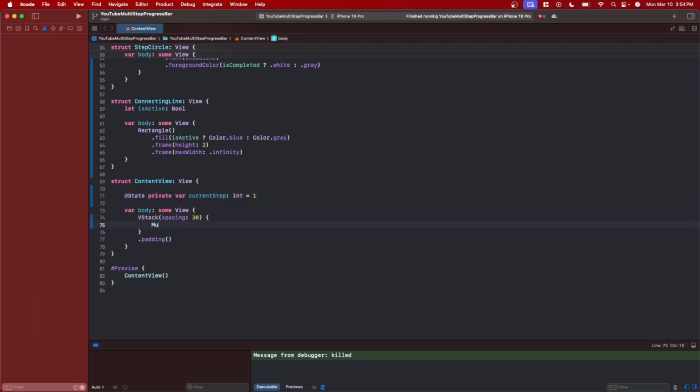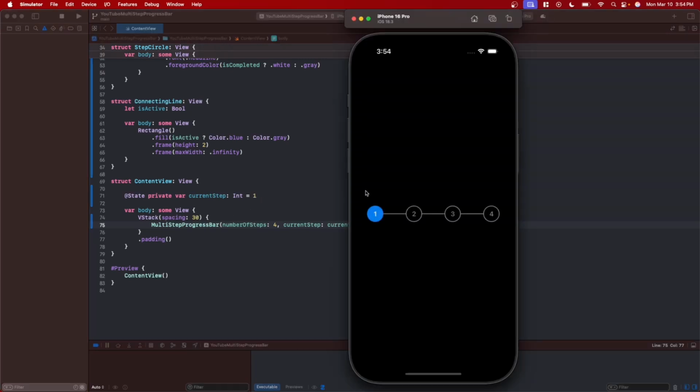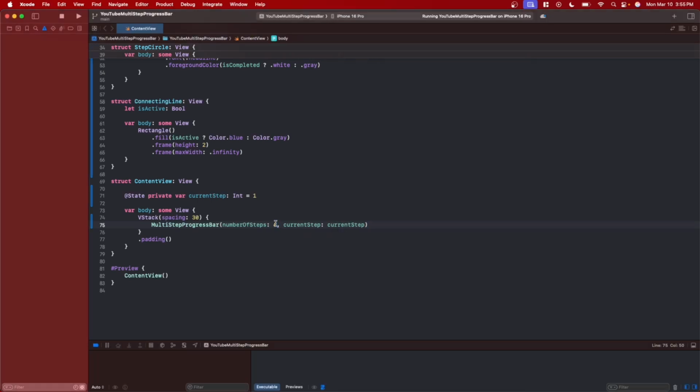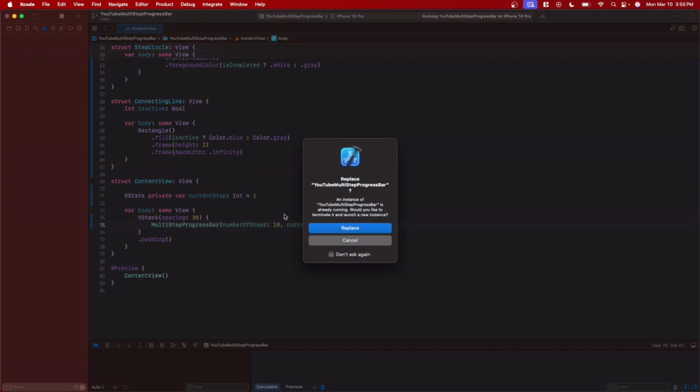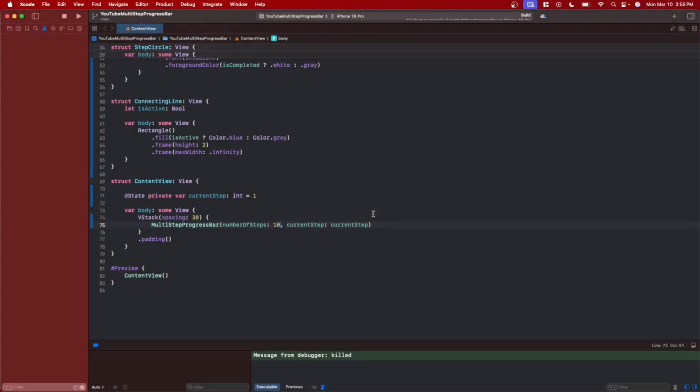So here we're going to add our actual multi-step progress bar, and we're going to need number of steps, and that's going to be 4. And current step is our current step. So if we go ahead and actually run this, you can see we have our 4 steps. And then truthfully, you can change this to whatever you want. So if you wanted to go into number of steps, you can change that to 10. And if we go ahead and run that,